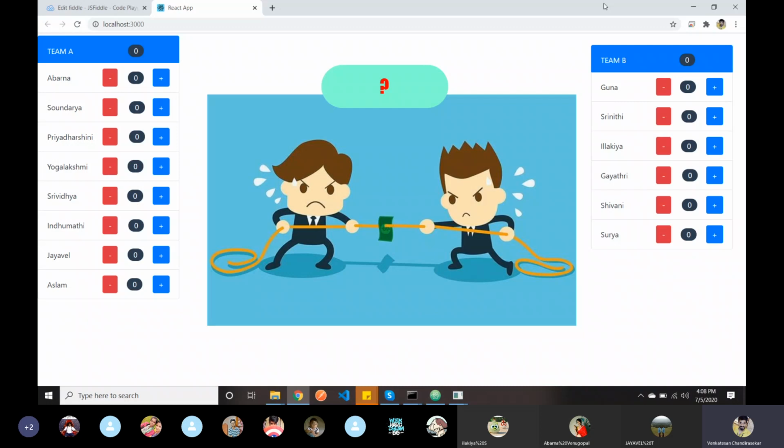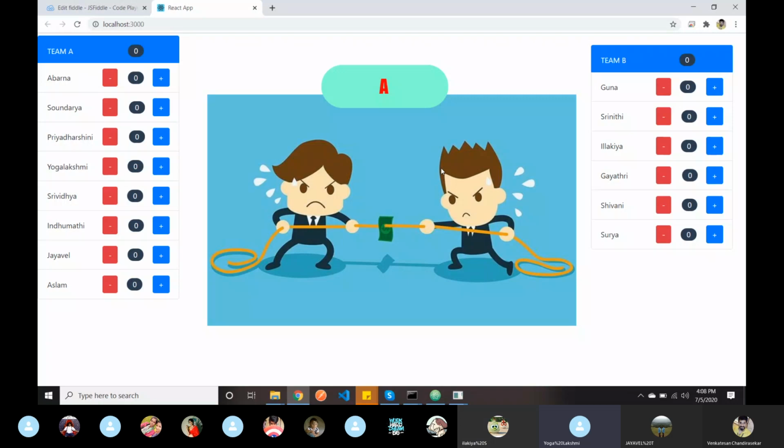My next question is, please team A captain and B captain, hold on to the button. What is controlled components? Controlled component, uncontrolled component, two types.